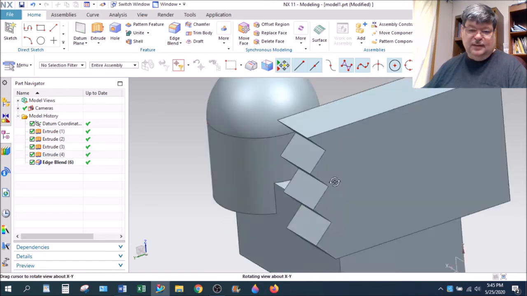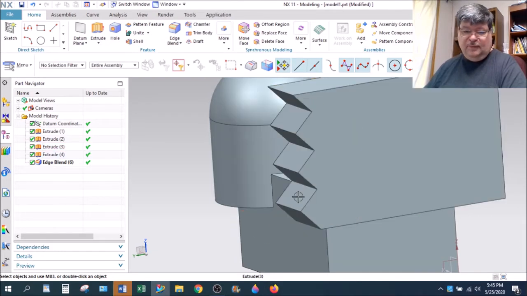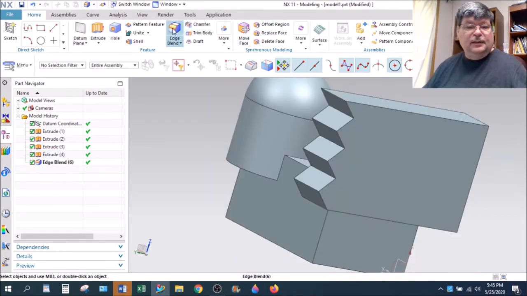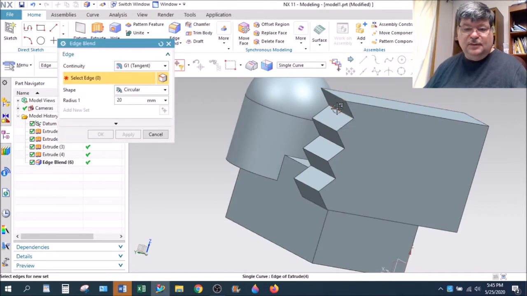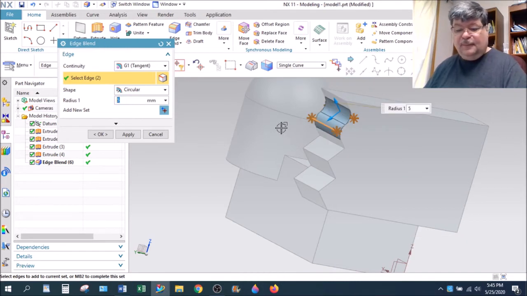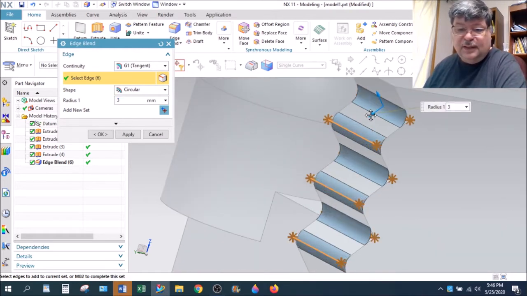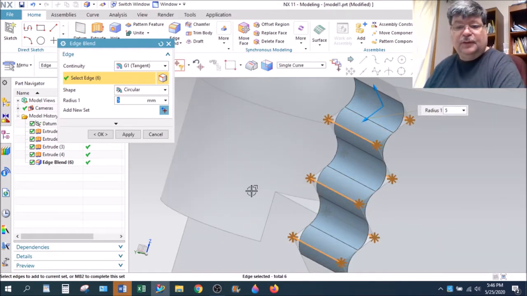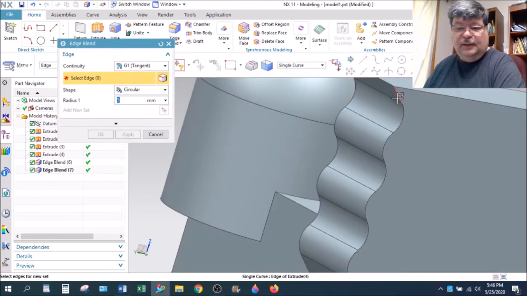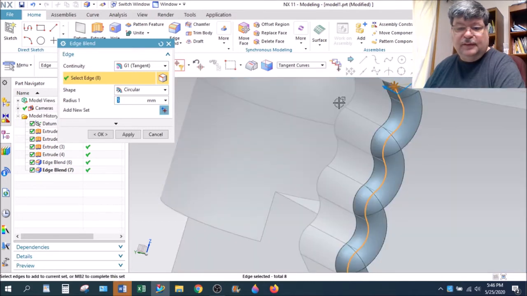Okay, edge blends. Let's say you were doing a pistol grip on something, okay? You may make a very jagged line here like this. Let's do the corners here. Let's do this. So edge blend. Let's do it simpler first. And this usually takes some playing with. And then you increase until these touch. Okay, apply that, and then you can apply, let's do a connected curve or a tangent curve, like this, like that,